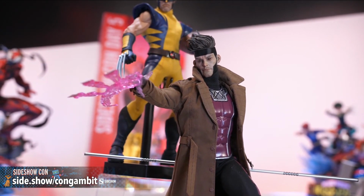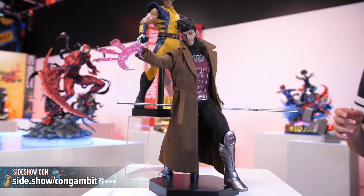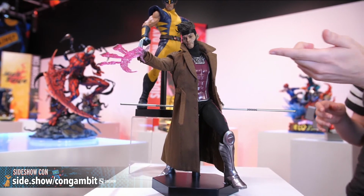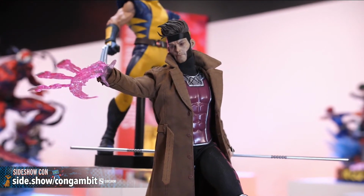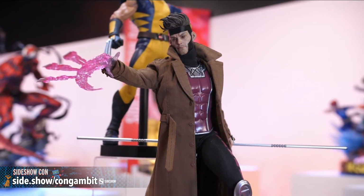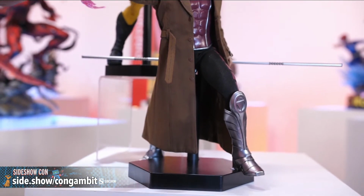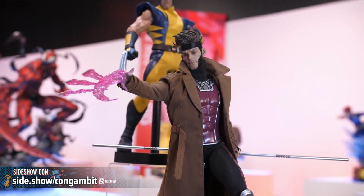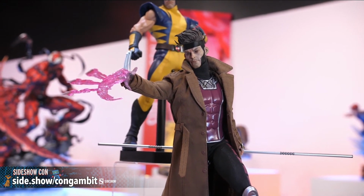costume. So he does have that beautiful trench coat. There's a lot of stitching going on throughout, even little kind of stitches where the buttons would go. You see the lining inside the collar, which you can have popped up, and then he does have that fabric undersuit with the black and the magenta beneath his sculpted silver armor. I love the double buckles on him. It adds that extra bit of flair that makes that trench coat more than a trench coat and makes